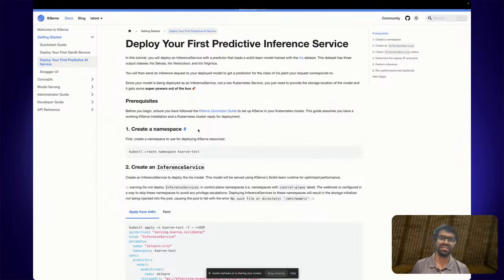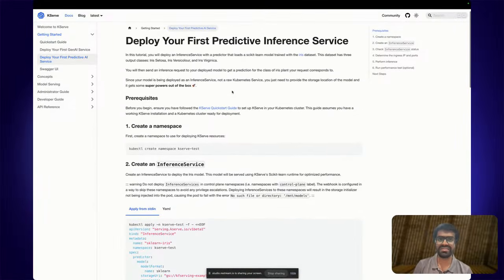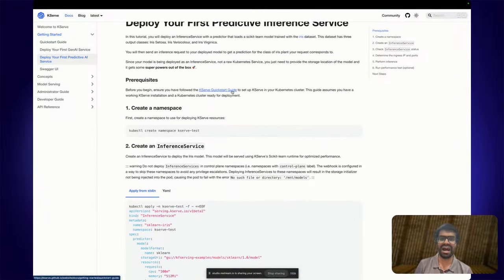Because if you think of it this way, before GenAI really took off, we had a lot of work on core machine learning models, and you could also run core machine learning model inference with the help of Kubernetes. And this seems to be the case that this one is probably meant for AI models which are not necessarily GenAI models. So in this case, you can see that we have an example here with the Iris dataset, or this sklearn, which is a machine learning model.